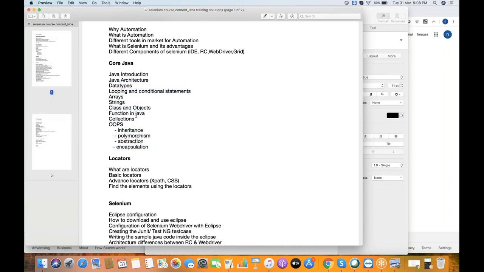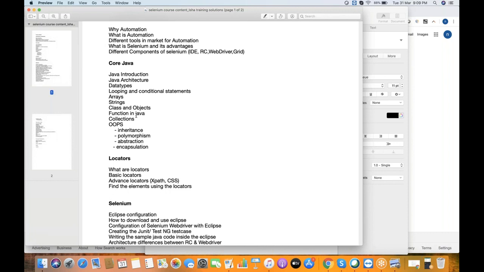I'll cover from scratch what is Java, what is JDK, JRE, what is JVM. From there I'll start. Then we'll see the very basics of programming, like what are variables, what are operators, then conditional statements, loops, and then basics of object oriented programming, like what is a class, what is an object.